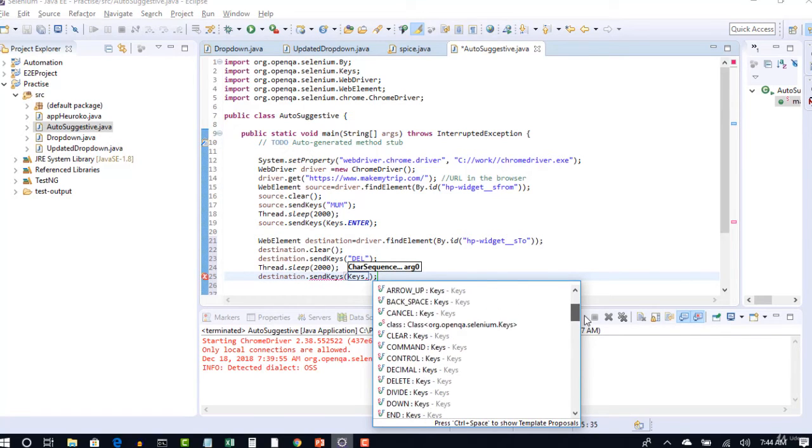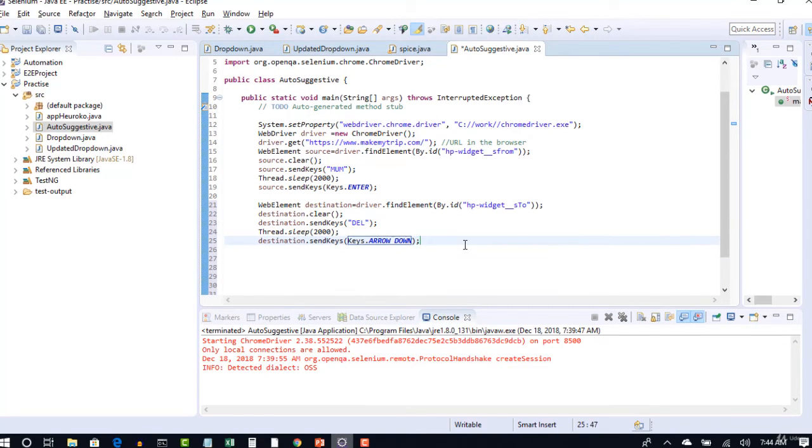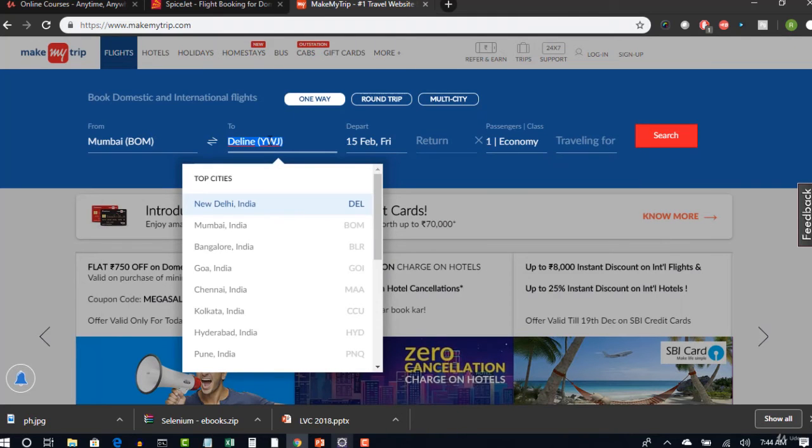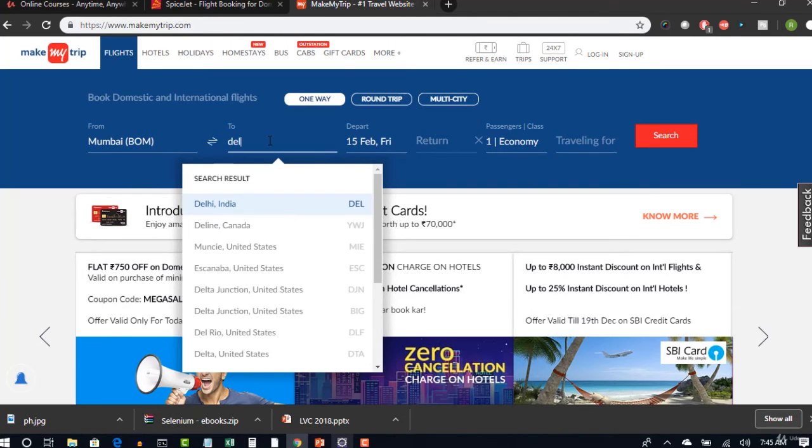Do we have that? It should have. Yeah, this one, arrow down. Arrow down is the one which we do from our keyboard, right? Select that. So if you do this arrow down once, this Deline will get selected when you type DEL.